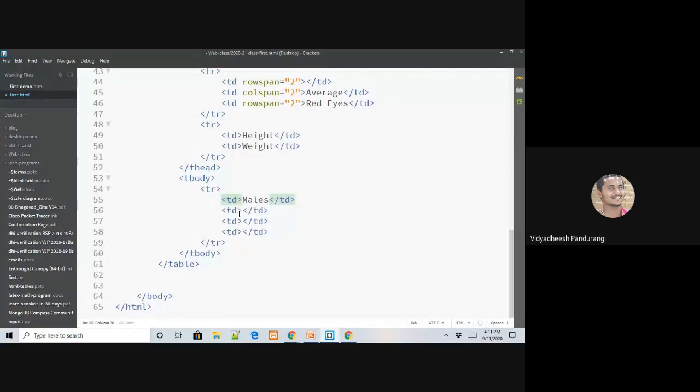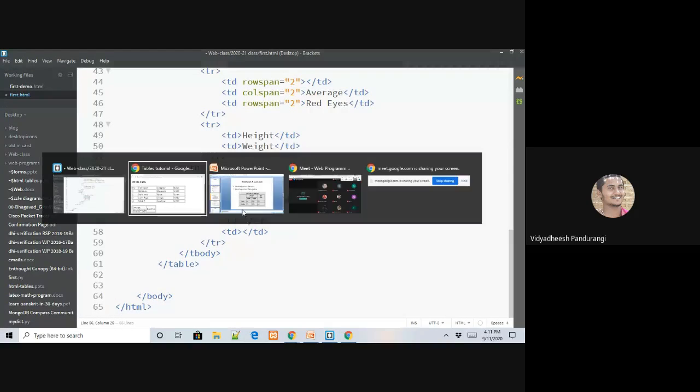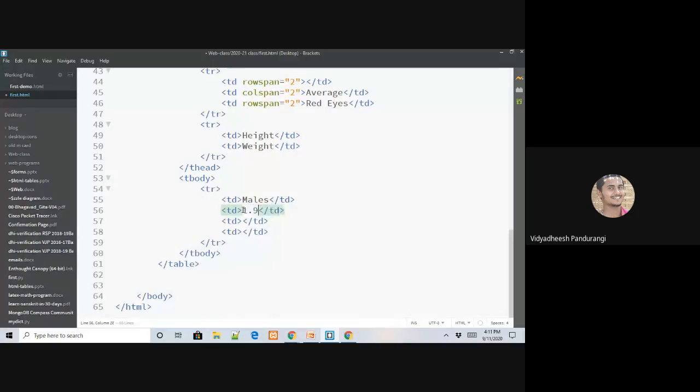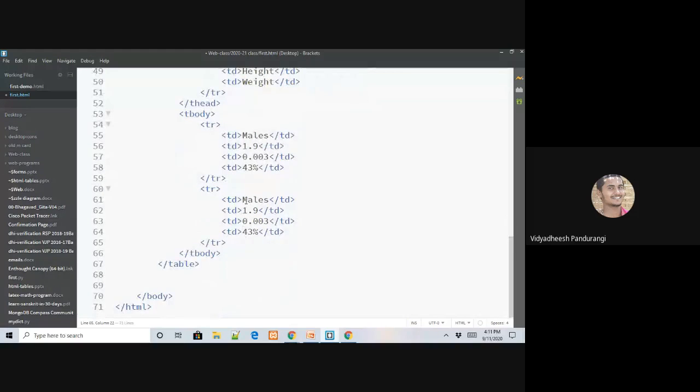So males 1.9 and 0.003, and it is 43%. On similar lines, I'll copy this and paste it again and change wherever it is required.